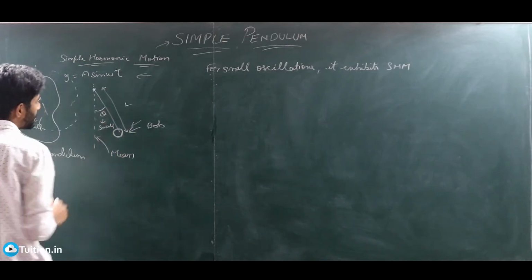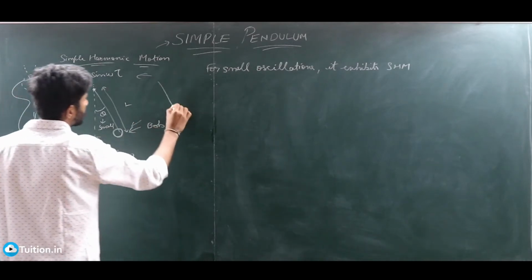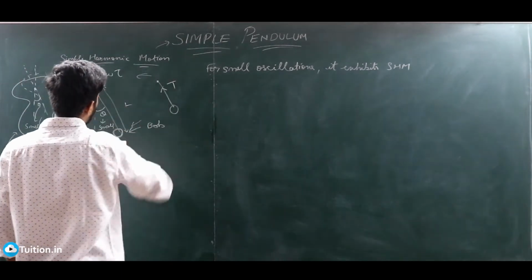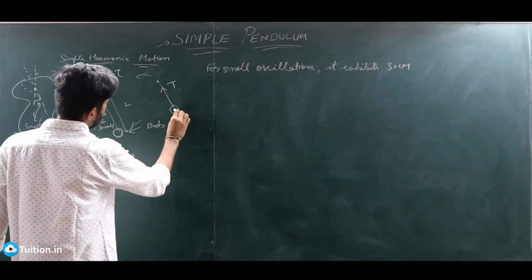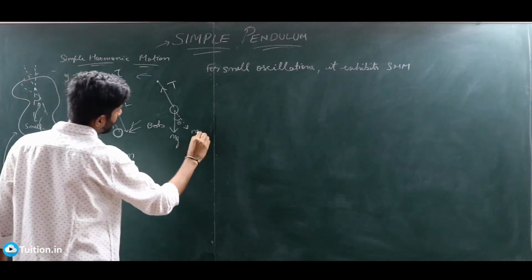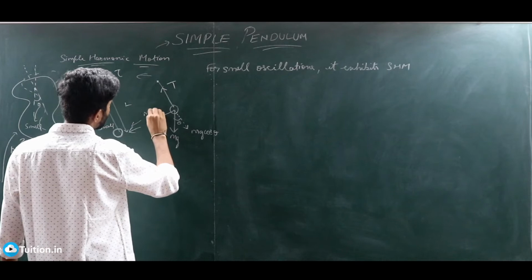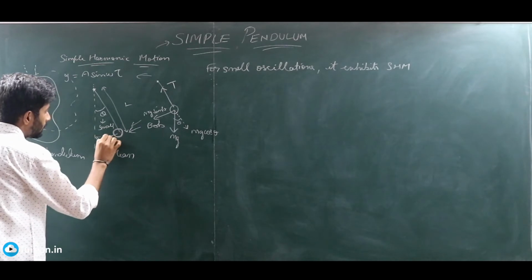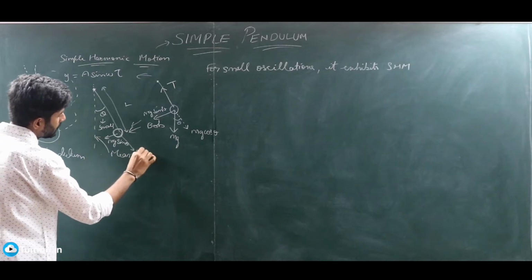So when it is present here at this angle theta, let's see what are the forces acting on this bob. Let me just redraw the diagram here. You have tension which pulls it towards this particular point, and then you have mg which acts downwards, right? And then if I were to split mg along the string and perpendicular to it, this will be mg cos theta, and this will be mg sin theta, right? So I can just redraw them here. This is mg sin theta, and this is mg cos theta.